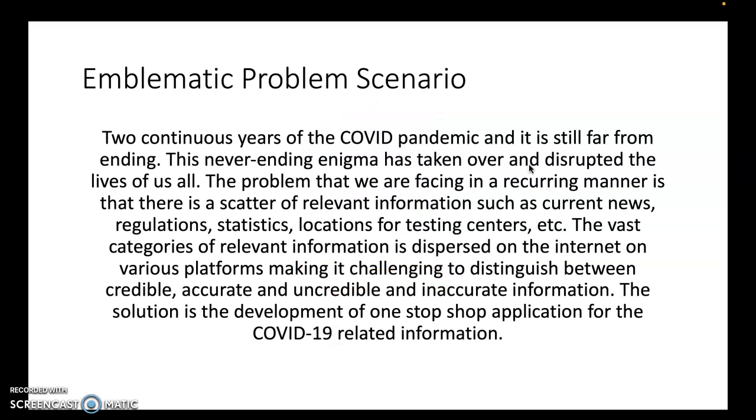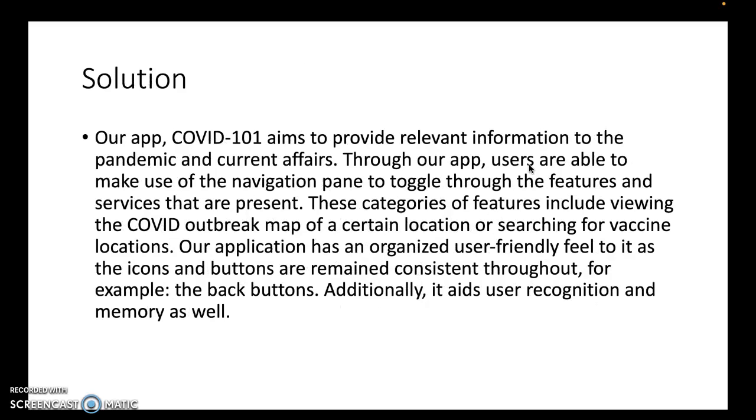So, to begin with, I want to explain the emblematic problem scenario that elaborates on the repercussions faced by this never-ending enigma, which is the pandemic. The major problem that we identified as a group was the scattering of relevant information on the internet, such as statistical data about COVID cases in a certain location, or information related to the current news or regulations of a place. So our aim to solve this problem, or an attempt to solve this problem, was to